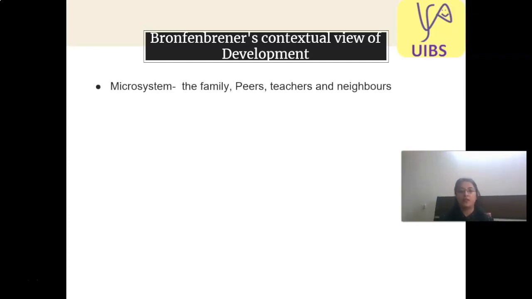Microsystem. So microsystem includes the family members, our peers, our teachers and our neighbors. So these are a set of people who are very close to us in terms of the environment or the physical proximity, we meet them almost every day, how they influence our development, our learning, our experiences, how they shape our experiences,